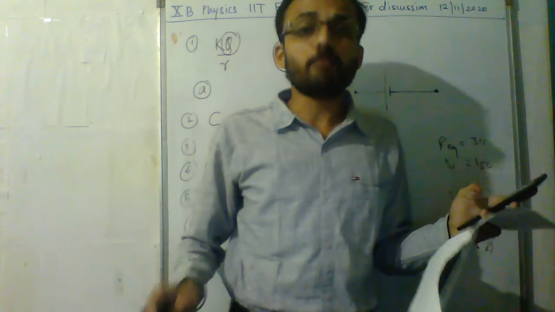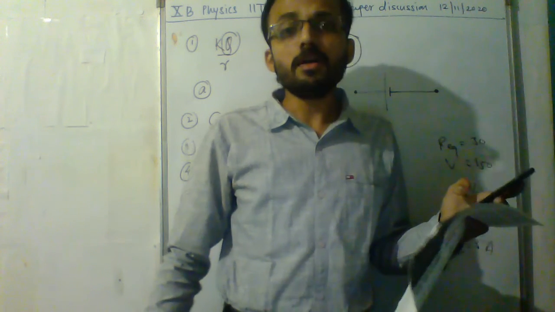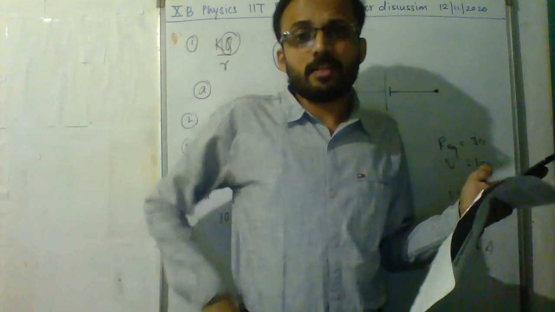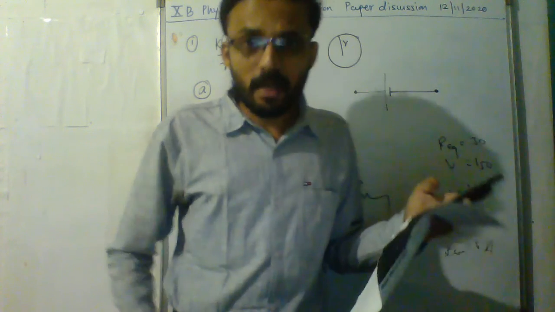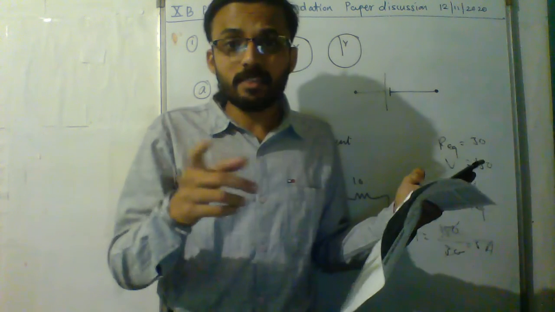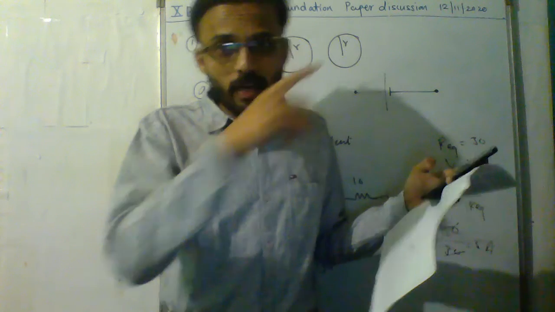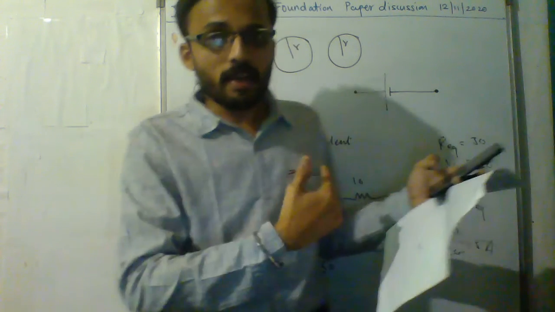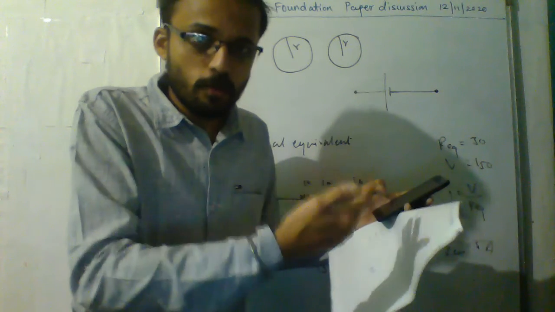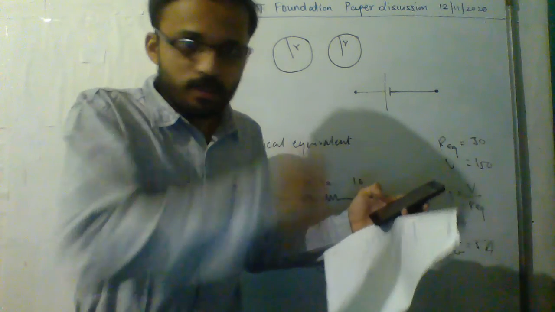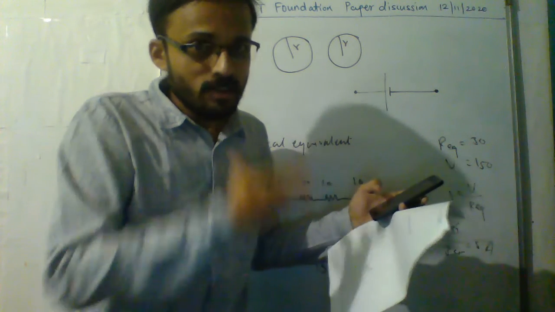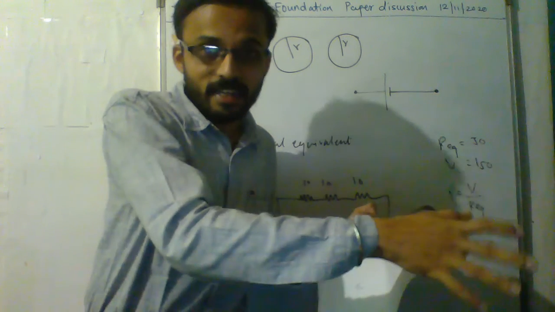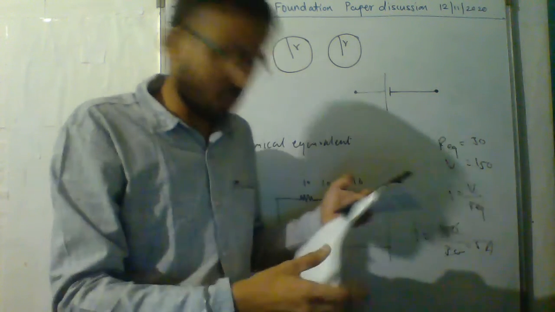How is it so? It depends on the power, and its ratio is called the transformation ratio: the number of turns of primary and the number of turns of secondary. Primary and secondary means, like the solenoid I told you about, there are some coils, one coil and another coil. In one coil we apply AC voltage. AC voltage means it will change. Due to the change in the voltage, flux will change and EMF and current will be induced in the second coil. Electromagnetic induction, like we studied in the electric generator.